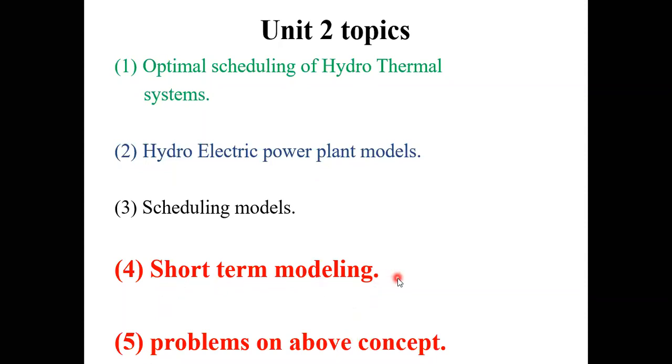Here in this fourth topic, we are going to derive one condition, that is nothing but short-term modeling. Based upon this, we are going to solve some problems. So you can treat our fourth and fifth topics as very, very important. Directly, you can get a 7 marks question theoretically, and similarly, one more 7 marks question for probability, or otherwise they directly ask a 14 marks problem. So we need to give a lot of importance to the fourth topic and the fifth topic.